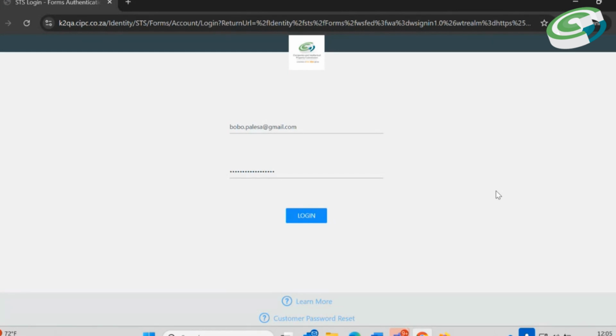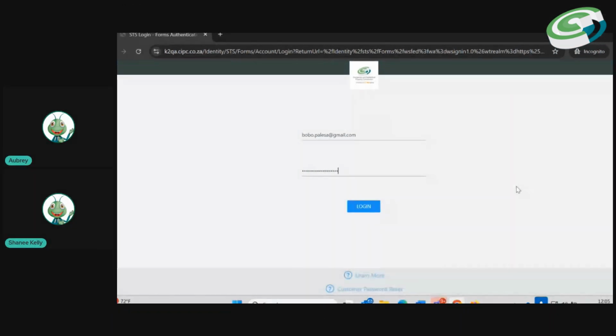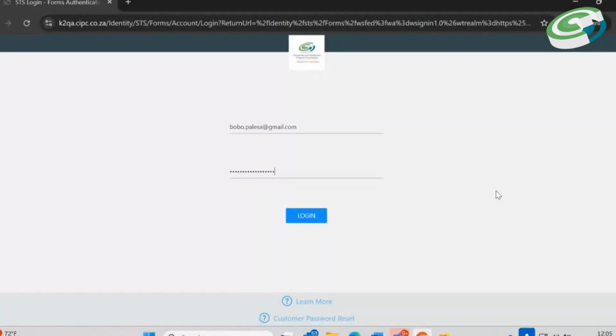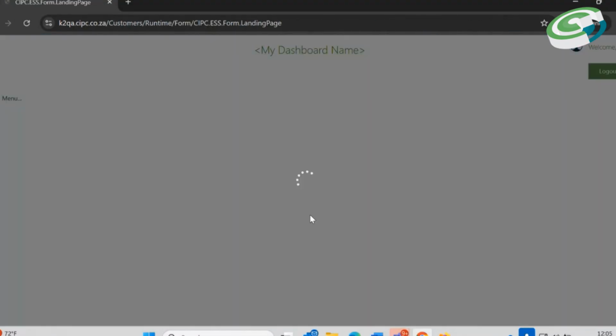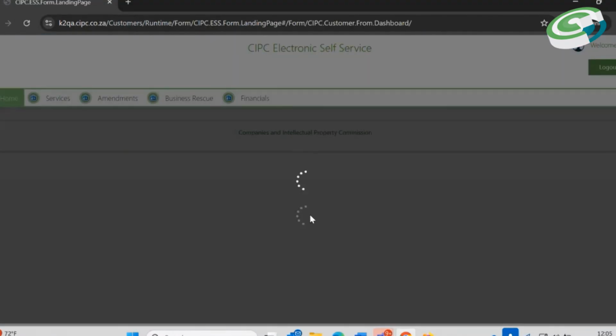Thereafter, after the landing page, it will be where you have to type in your South African ID number. Thereafter, click on search. Then you will land on this page where you are to capture your email address as a username and your password. The password that you use here is the same password for e-services and biz portal. Then you click search. This is the landing page for New E-Services.